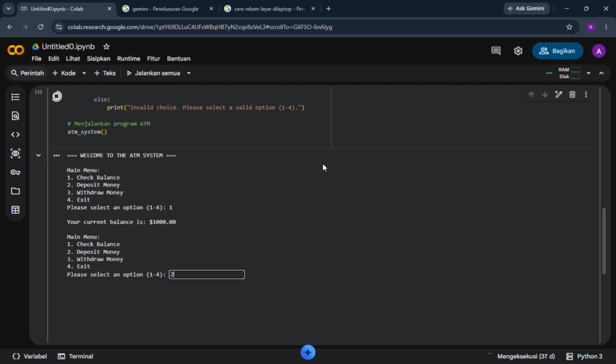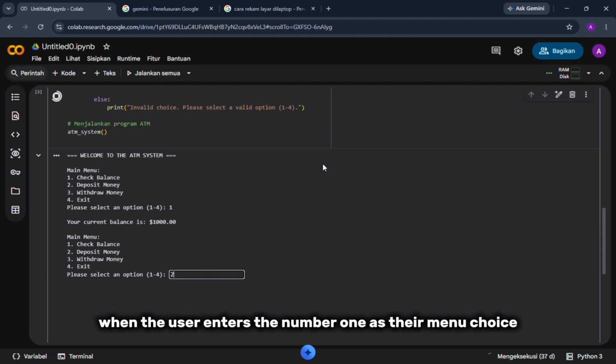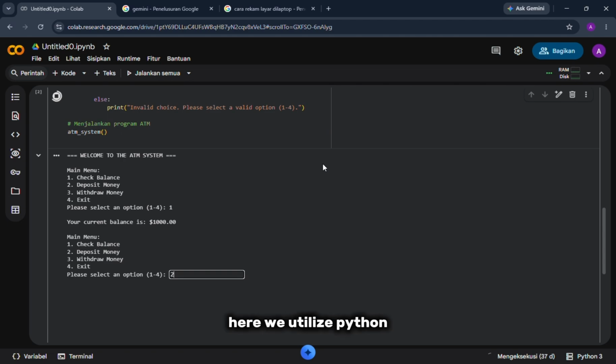I will continue the presentation by explaining the transaction logic for option 1 and 2. When the user enters the number 1 as their menu choice, the program executes the first conditional block, which displays the current balance. Here, we utilize Python's f-string feature with a .2f formatting specifier.